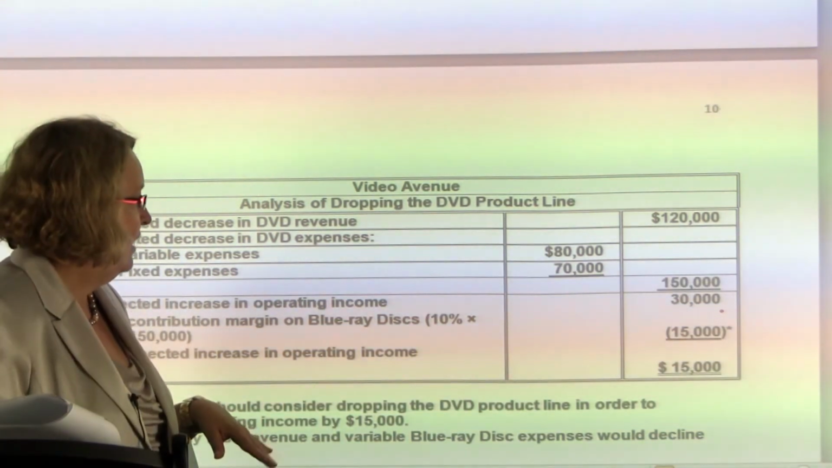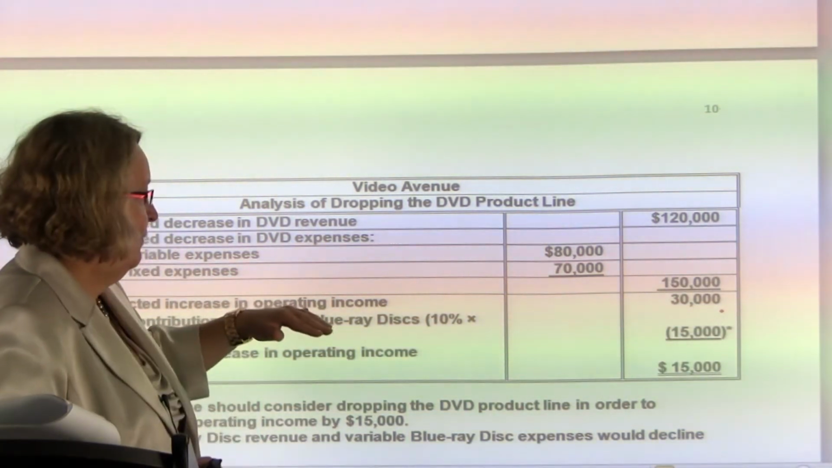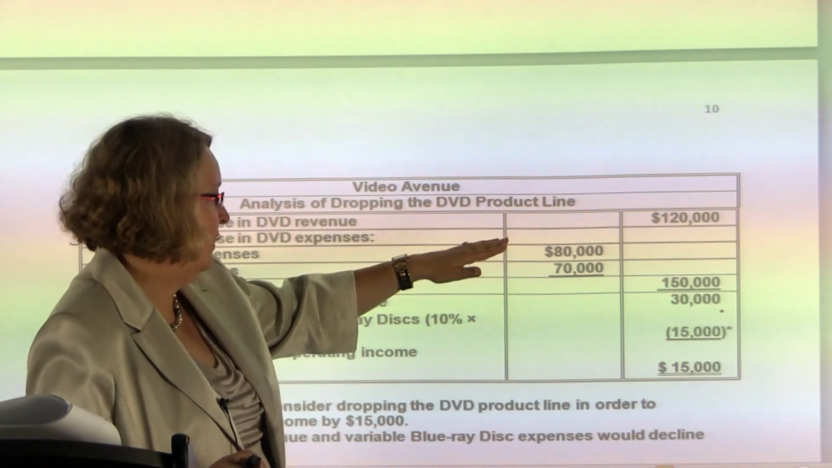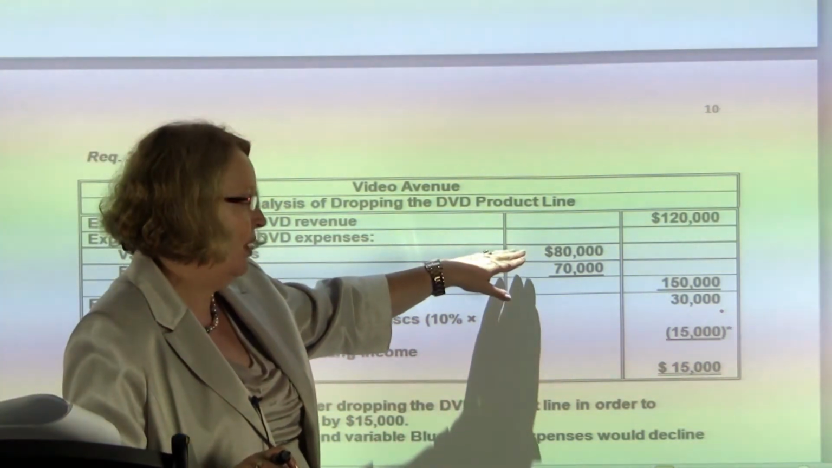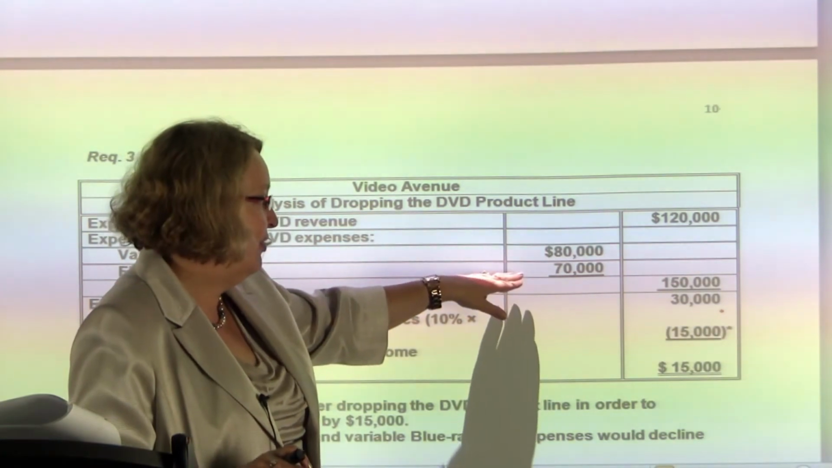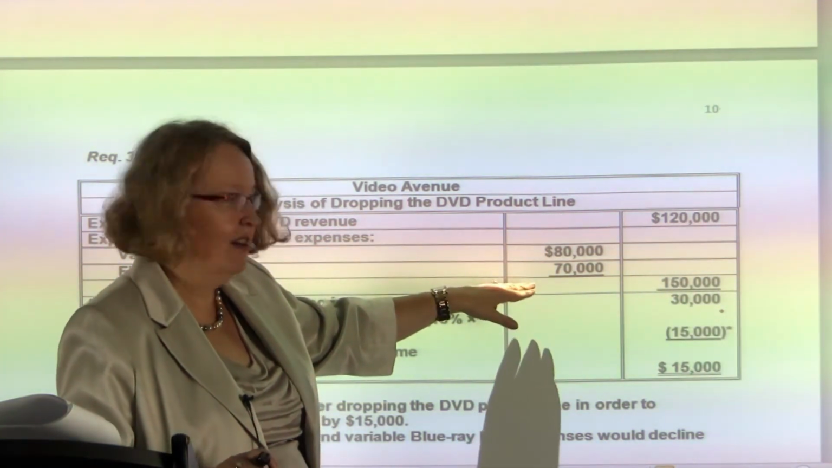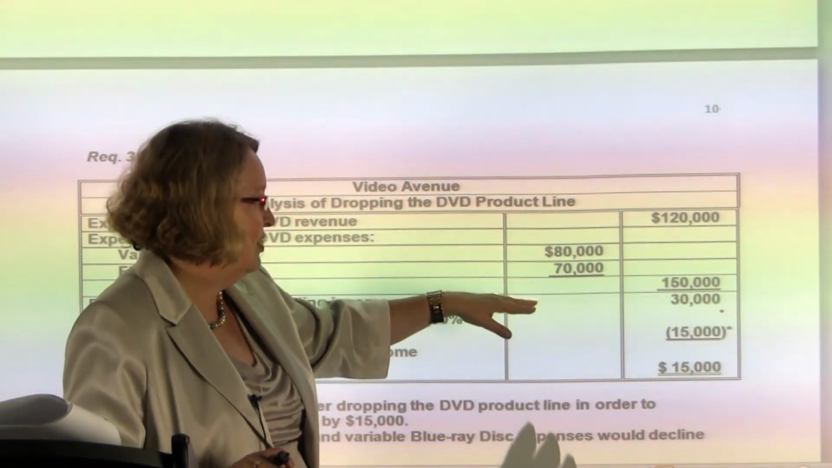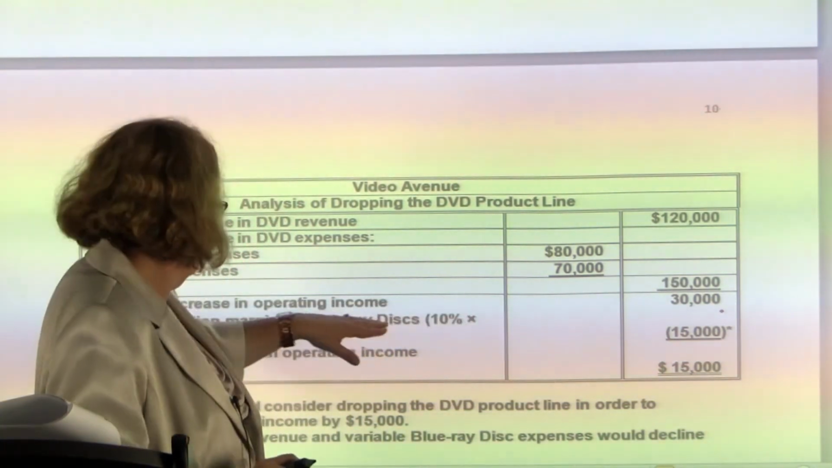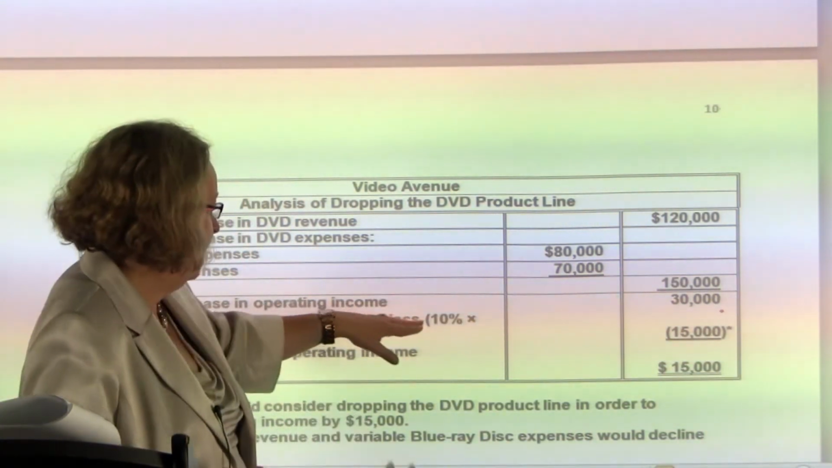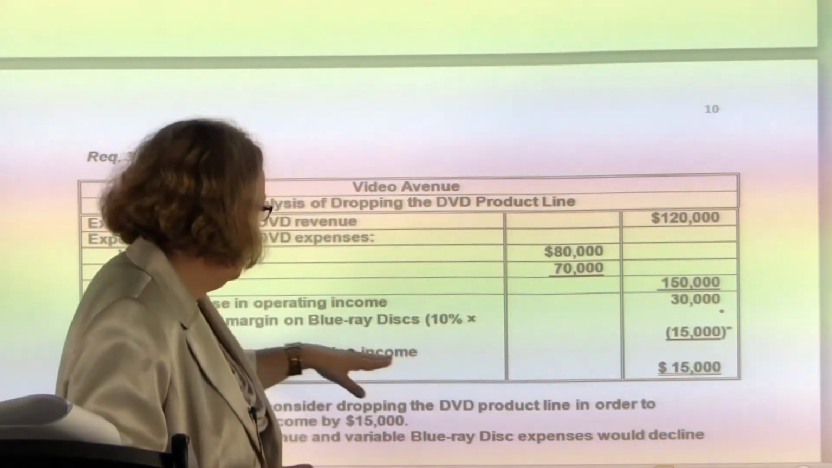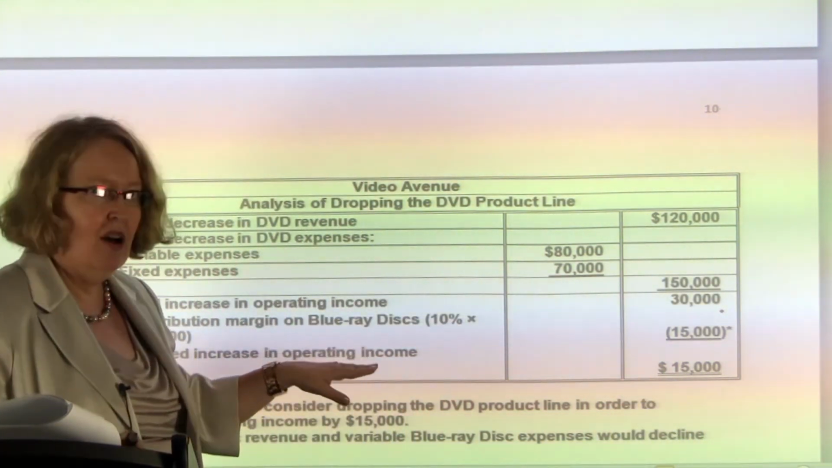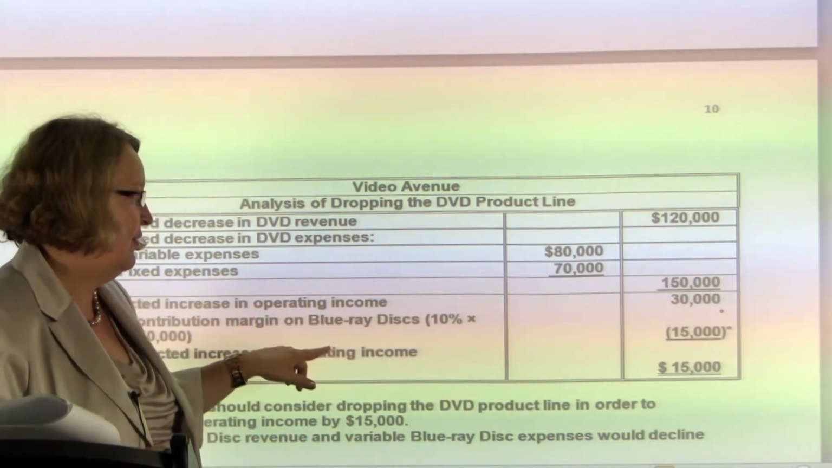So again, the same idea. If you drop the DVDs, you're going to lose your $120,000 in revenue. You're going to have a reduction in variable cost of $80,000. Now you're going to have a reduction in fixed cost of $70,000. So the increase in operating income could come out to be $30,000, but now you're going to have a loss of 10% of your sales